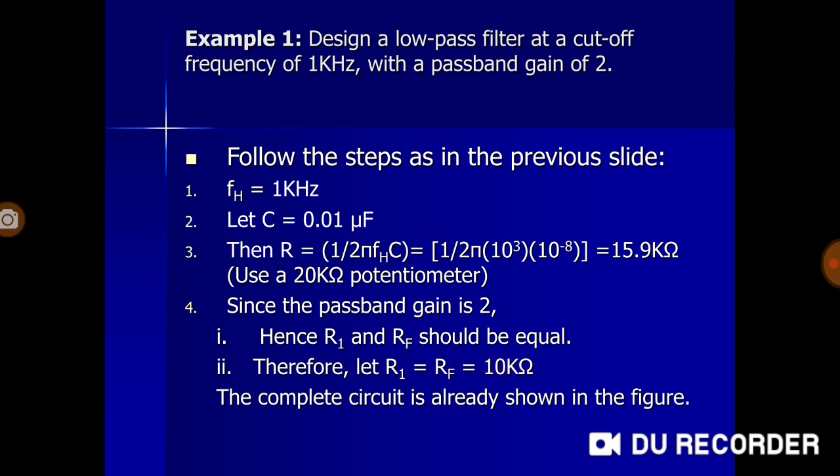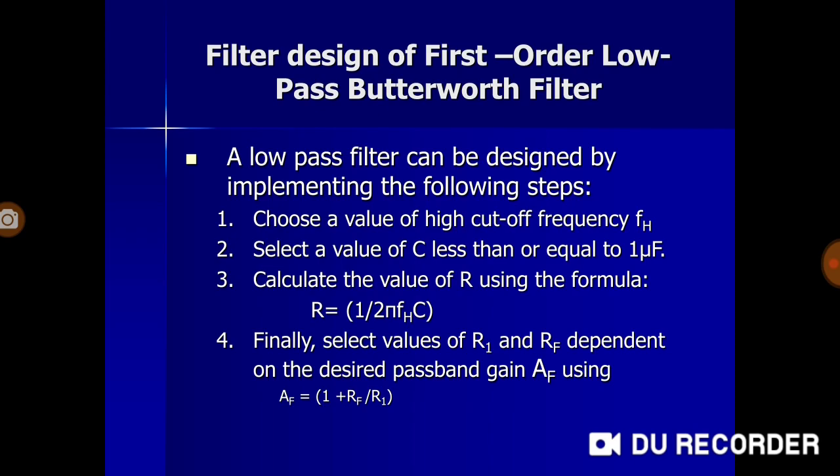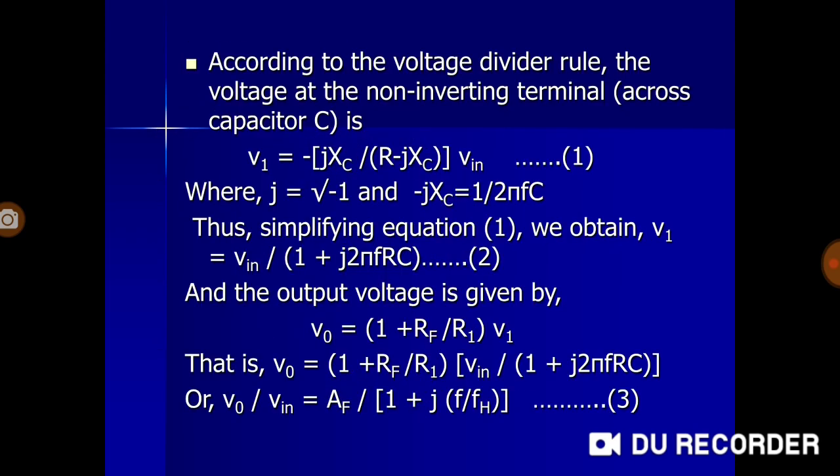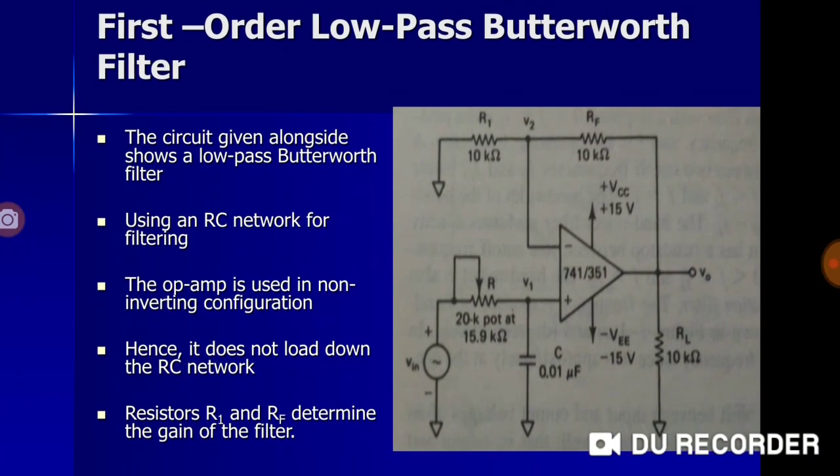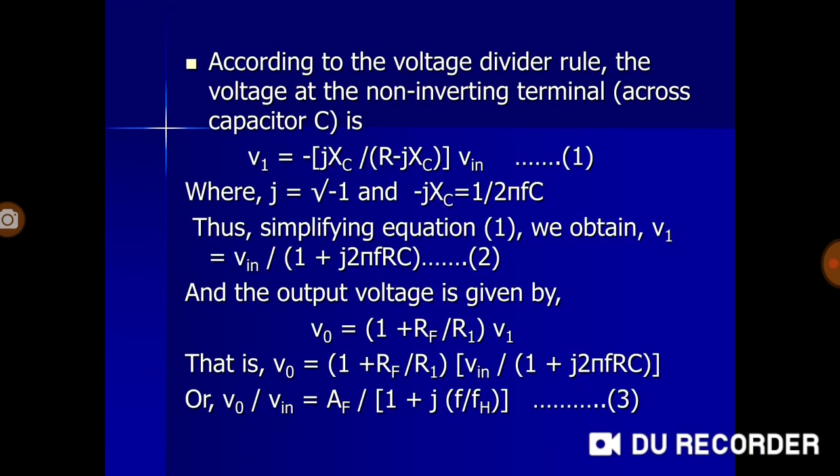That completes the circuit. When we complete the values, we put them in the circuit diagram. We have to actually draw the diagram, and let's take the first diagram. The values that we have used here pertain to this particular set of filter requirements only. The resistance has a value of 15.9 kilo ohm, that is the wiper of the potentiometer is set at 15.9 kilo ohm. The capacitance has a value of 0.01 microfarad, and R1 and RF have the same value, 10 kilo ohm. So this is how we design a filter.